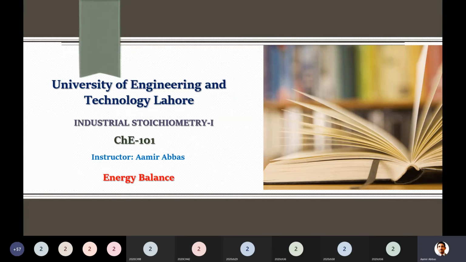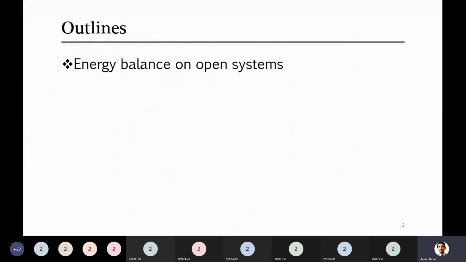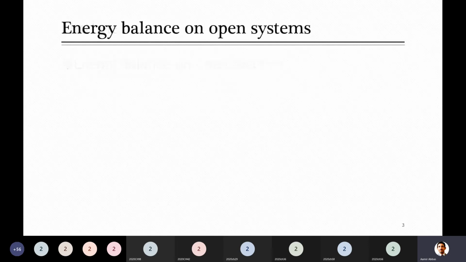For example, the question we just discussed is a case of unsteady state, because all the heat getting in, some is lost in the form of work, but some is still stored inside the system to raise its temperature. So the systems we are going to talk about today, in continuation of that, are open systems. In these 3 lectures this week, we will discuss open systems in detail, for steady state and unsteady state. Steady state is the simplest case, so we will start with that today, and then jump to unsteady state in the next lecture.